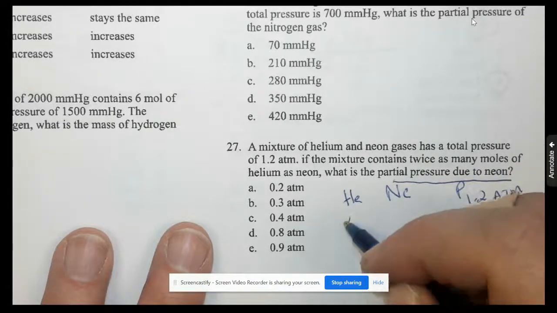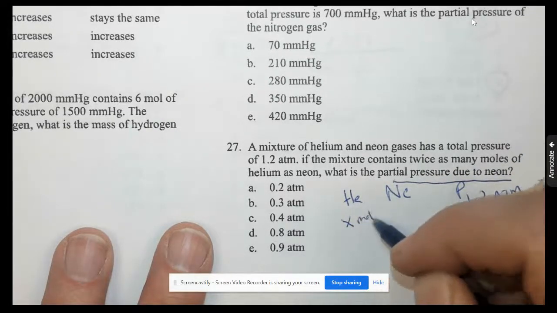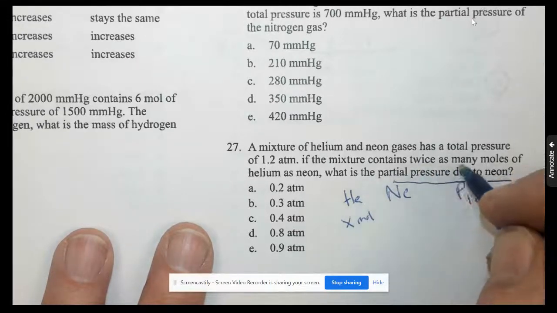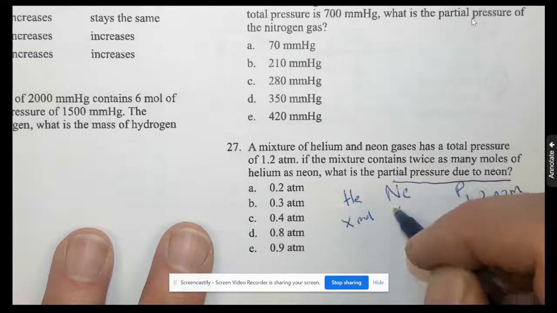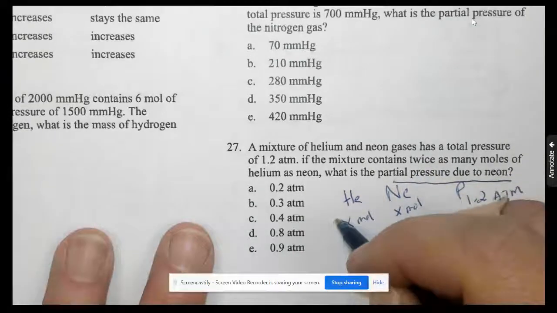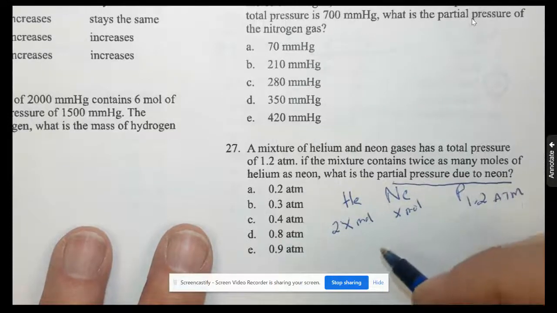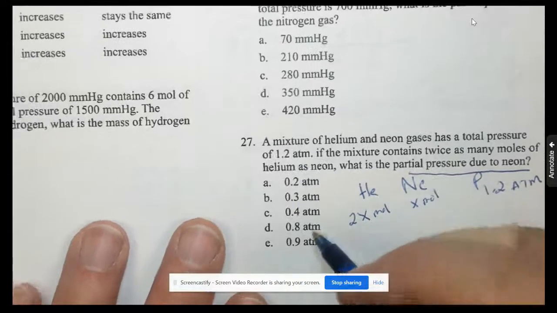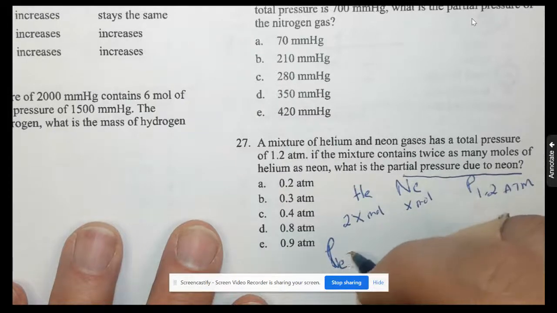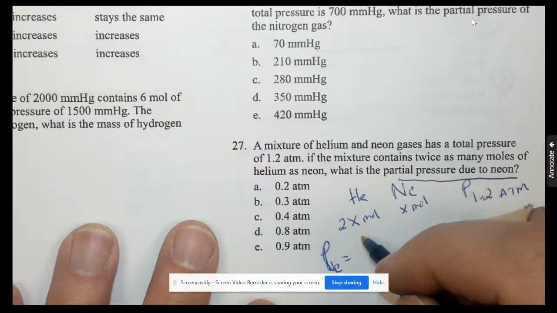I'm going to call helium X. I'm going to call neon then, wait, what is it? Twice as many moles of helium. All right, so I'm going to make neon X moles. Helium, I'm going to make 2X moles. Okay? And if I want to know the partial pressure of neon, it's going to be equal to the total